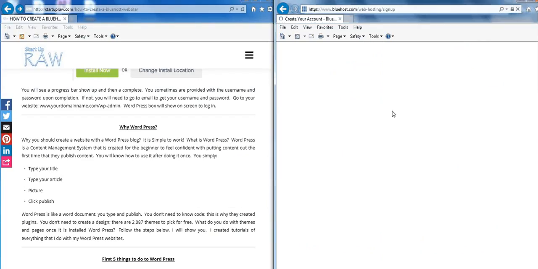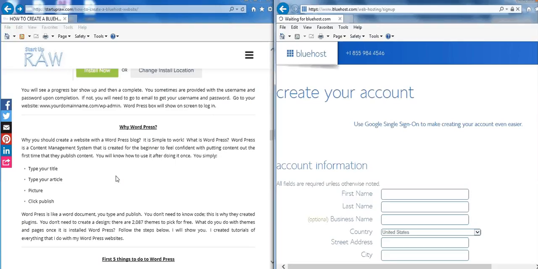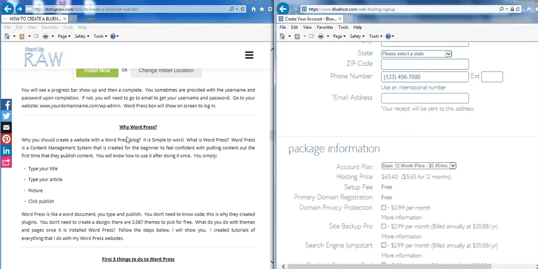Once it takes you there, you're going to put your username in, which is admin, and then your password for your WordPress account. Once you do that, you should be able to go right into your dashboard for WordPress. If it does not take you into your dashboard for WordPress, then one or two things. Sometimes it could take up to 24 hours. I've never had it go longer than an hour. So after 30 minutes, if you still can't log in, what you want to do is